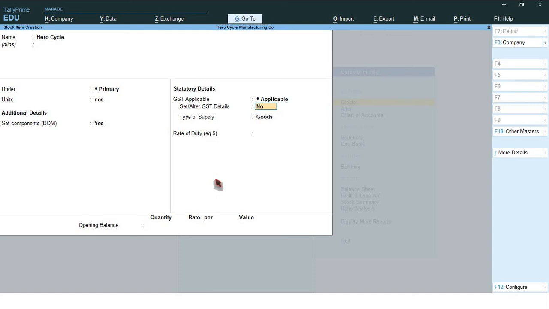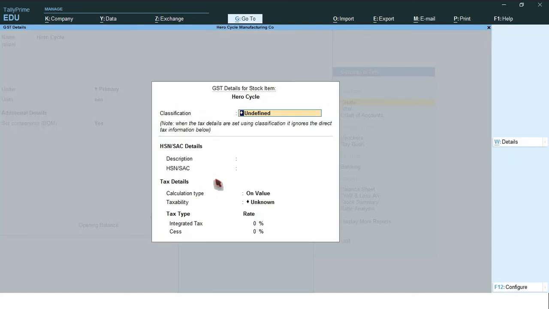Set alter GST details, set to yes. Bicycle, type bicycles. So the HSN code is 8712 0010.